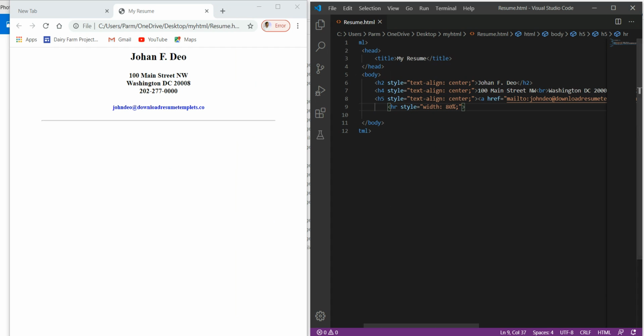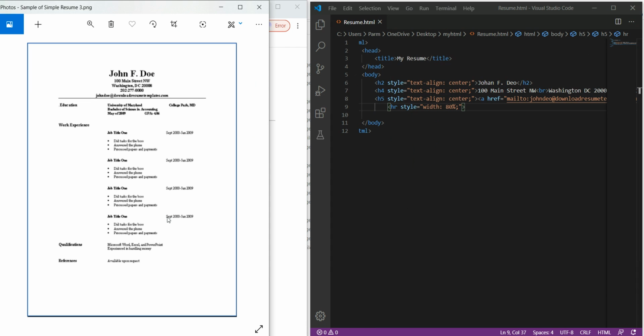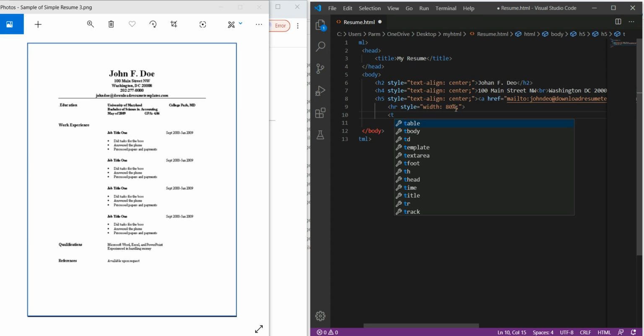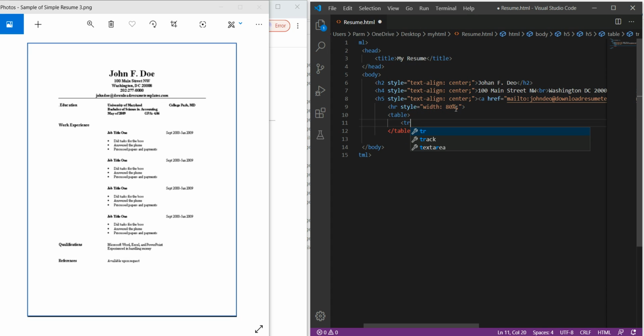So in the next line, here we see in this picture we have to use in one column education. Here we have to give the details of the education, and here we have to give the name of the college from where we have completed. For this reason we can simply use the table element over here. In the table we have to use a table row for creating a row, as this is having only a single row. Then we have to use table data.